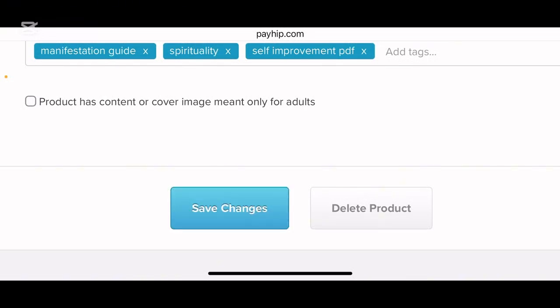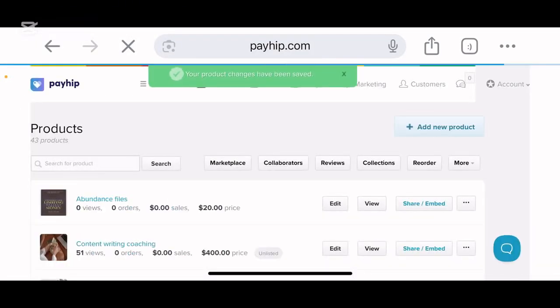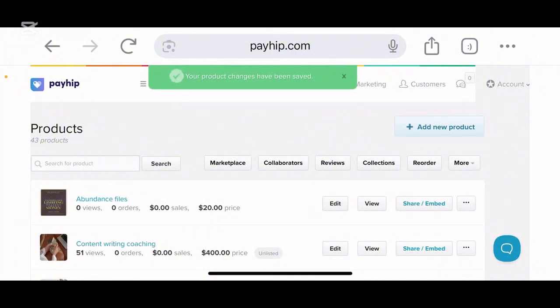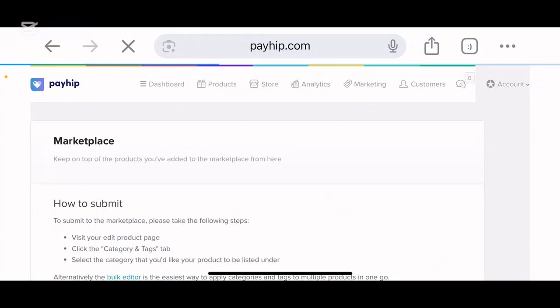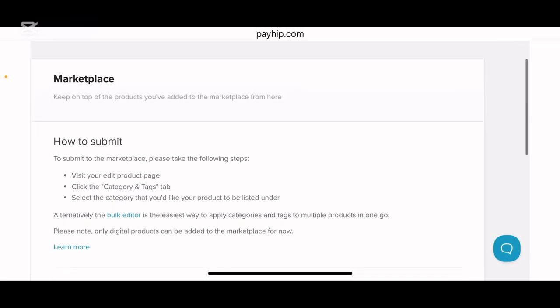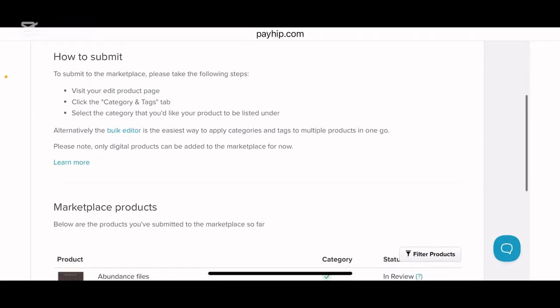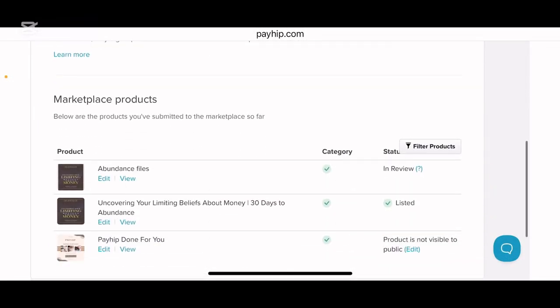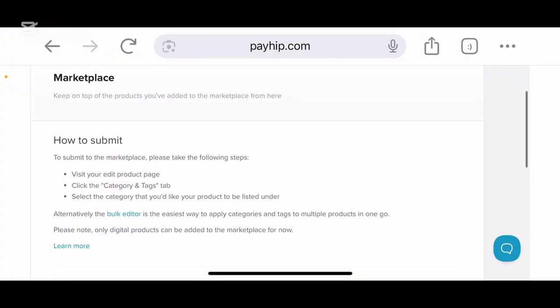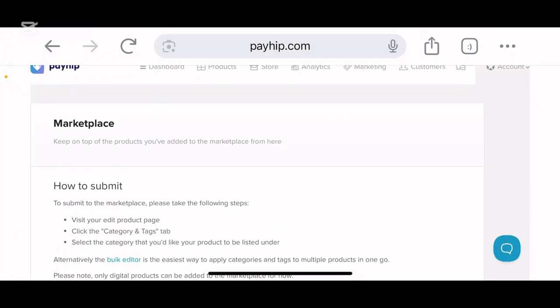So anyway, you're going to click save changes, and that means that it's going to be in the marketplace. At some point, I'm also going to show you how you can add affiliates. So it's showing you how to add products to the marketplace, and I would recommend that you add products to